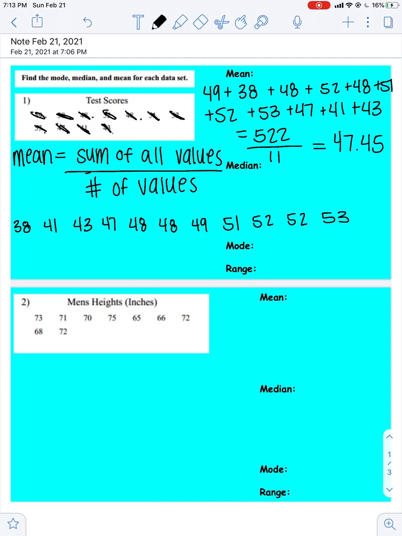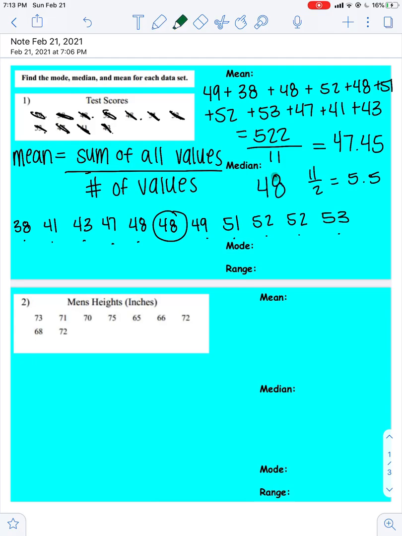So to find the median, we're looking for the number that is right in the middle of the data set, okay? So we have 11 things. So we're going to go 11 divided by 2, and that gives me 5.5. So that means that I'm going to have 5 numbers on either side. So I'm going to count 1, 2, 3, 4, 5. And then 1, 2, 3, 4, 5. And since I have 5 on either side of that 48, my median is going to be